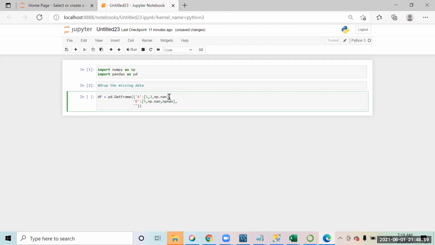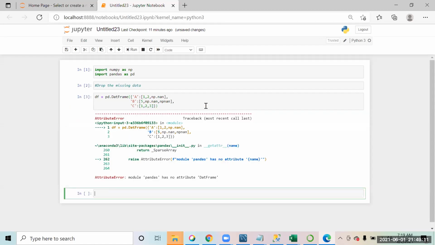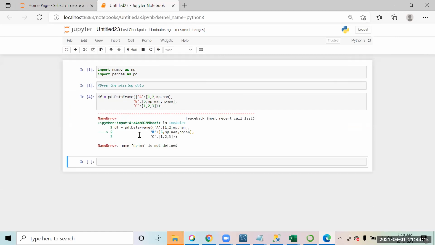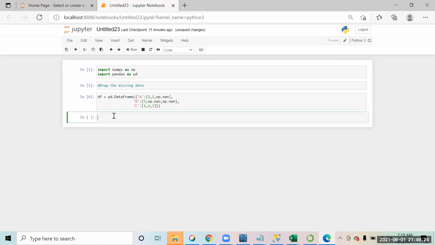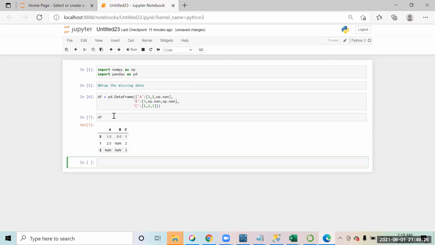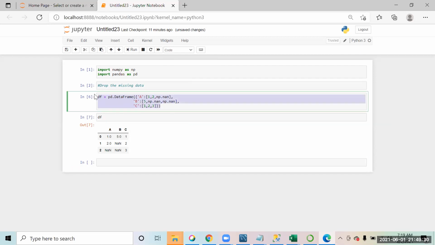And for the last one, C also, so we can have 1, 2, 3. Then the data frame. Okay, so this is done. Please make this. I'll just share this over the chat as well.